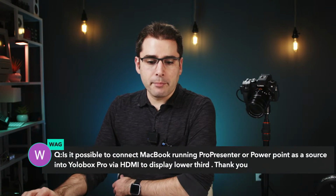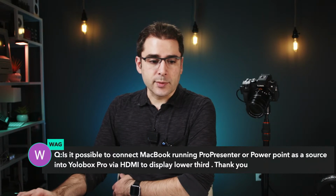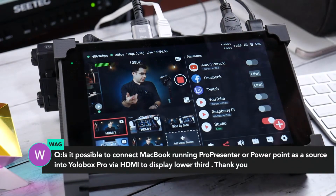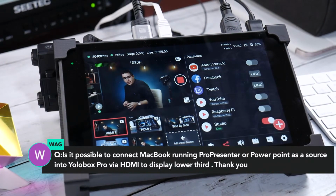Is it possible to connect a MacBook running ProPresenter or PowerPoint as a source into the YoloBox via HDMI to display lower thirds? Yes, it is possible. So there are 3 inputs. I have 2 cameras plugged in and one is empty. You can plug in anything into that. For example, I could plug in my phone